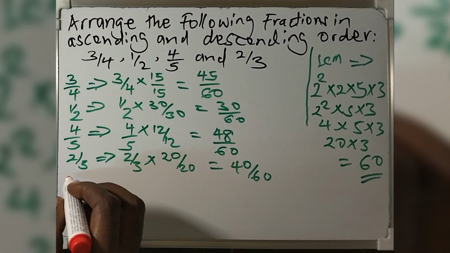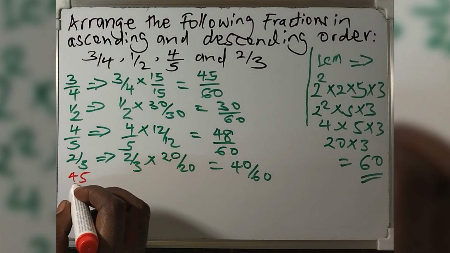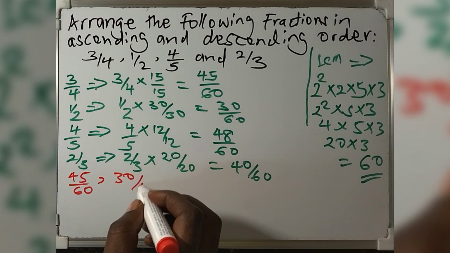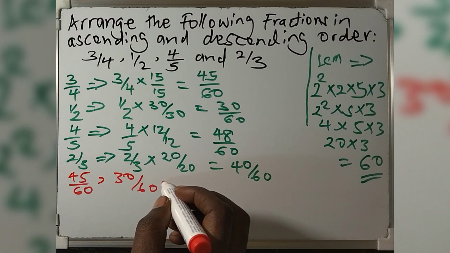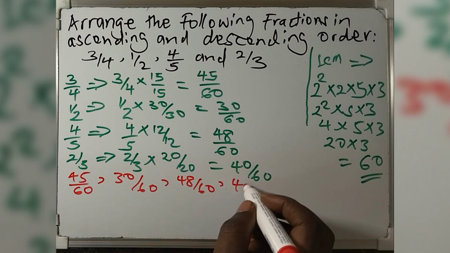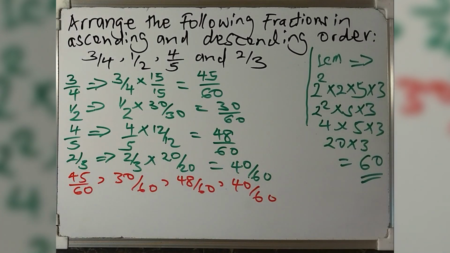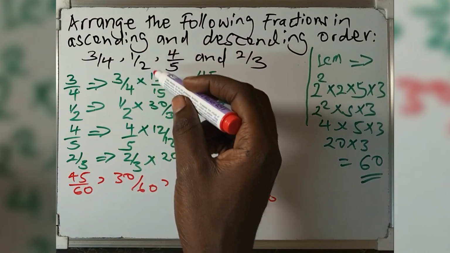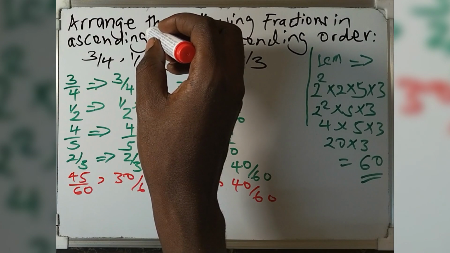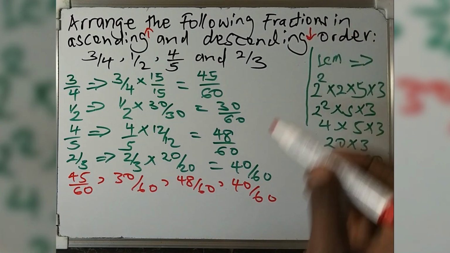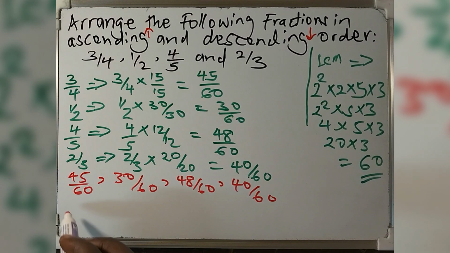We are going to compare 45 over 60, 30 over 60, 48 over 60, and 40 over 60. So here, in ascending order, like going up, ascending is going up, and descending is going down. So in ascending order,